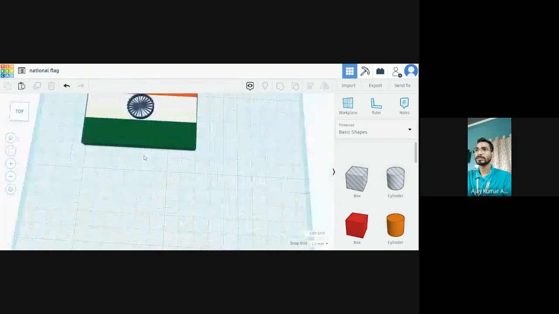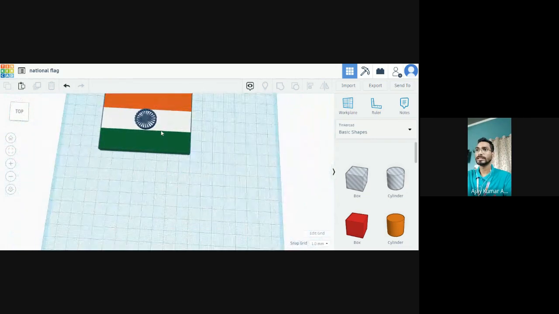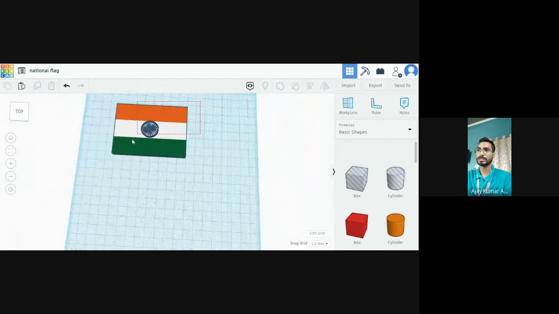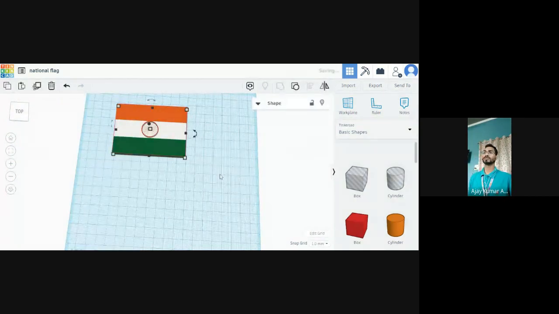So it will be like this, and again we are going to use the group command so that it goes inside the flag and makes a unified figure. So again I choose the group command and it will be like this, and again it will take time to get grouped.